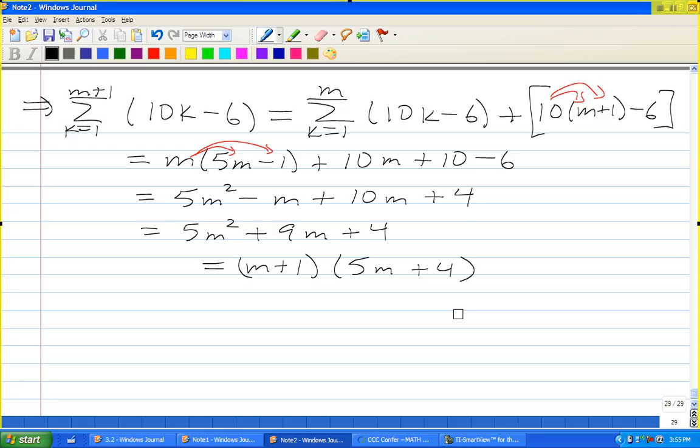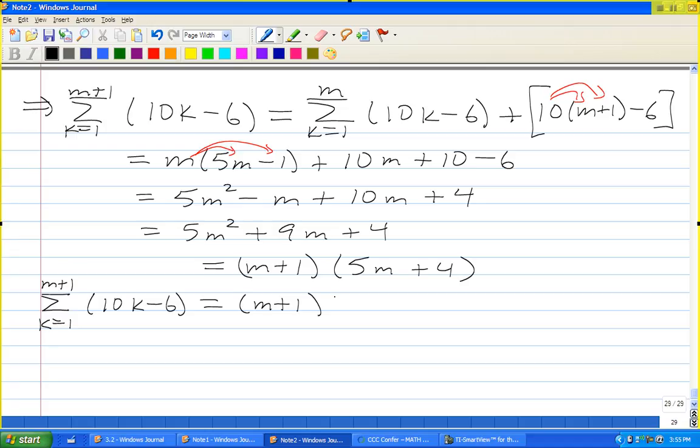So this is equal to, let me write this down, the sum k equal 1 to m plus 1 of 10k minus 6 equals m plus 1